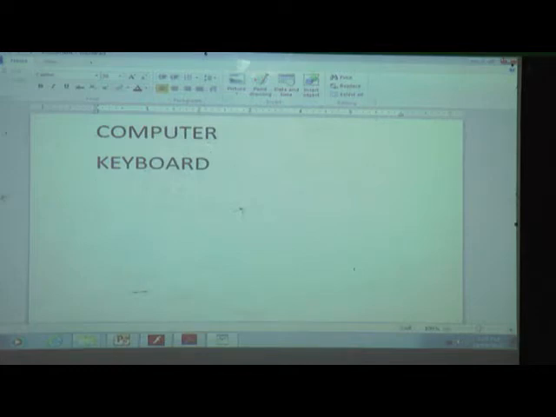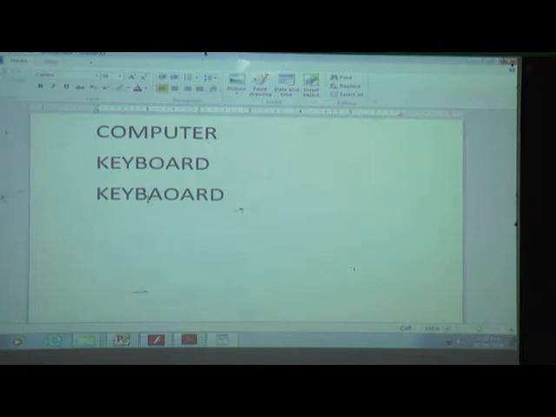But by mistake, when we are writing on the computer, suppose we wrote K-E-Y-A-O-A-R-D. Here the A is wrong. We have to erase this A, right?